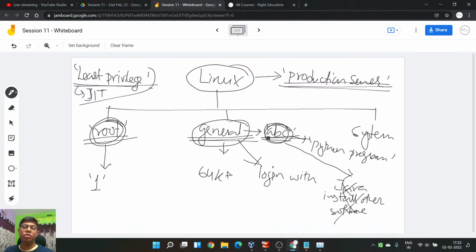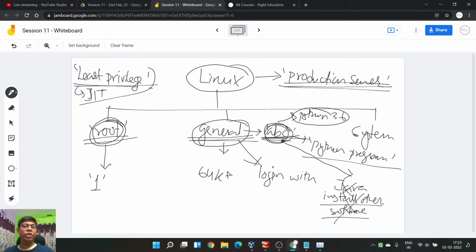Just don't allow this user to do that, because this user is meant only to run this Python program. Why? Because of security reasons. If you allow this user to install any software, there will be high chances that this user might install some software. Let's say this user goes to Google and searches for Python 3.6, finds a website, and downloads it. Maybe that Python might have some kind of vulnerability. Most of the time it rarely happens, but yes, it can happen.